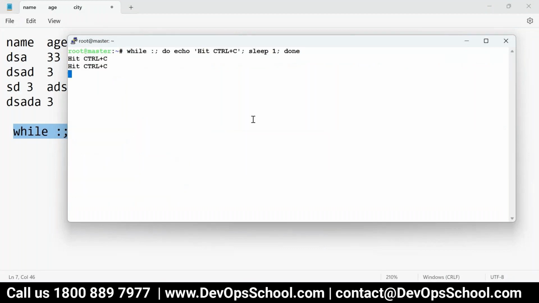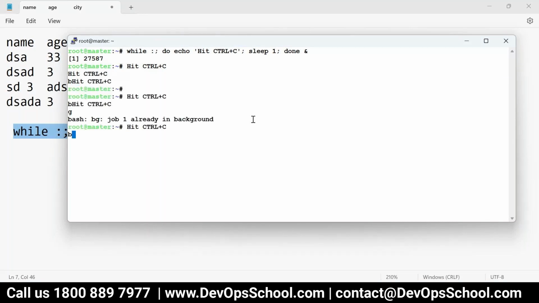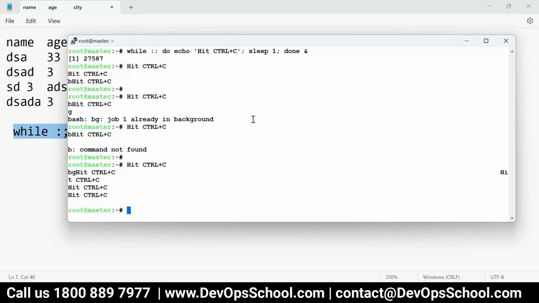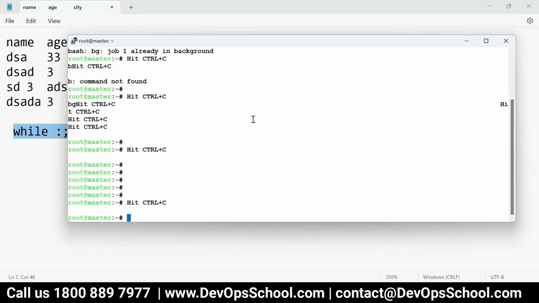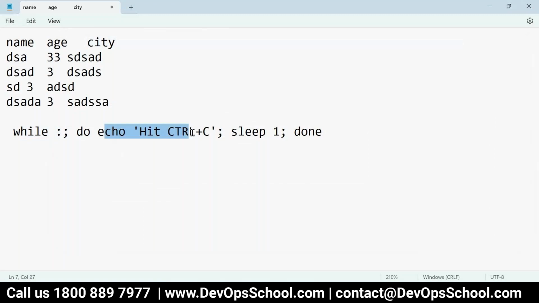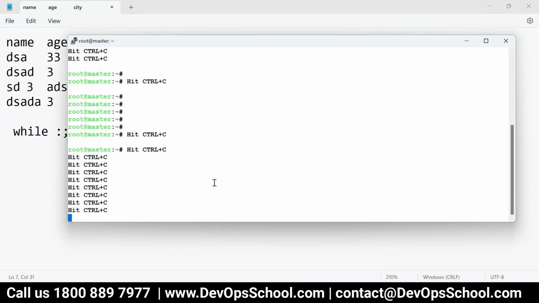See here, now this has run, and it has occupied my console, correct? So what should I do? I will run this command in the background, bg. See here, bg. Oh, this is again coming up. This is a problem. It is running in the background, but I'm still not able to enjoy it because it's printing, because of this echoing. If you remove this echo and put something else, it will not come up. These kinds of annoying things happen.